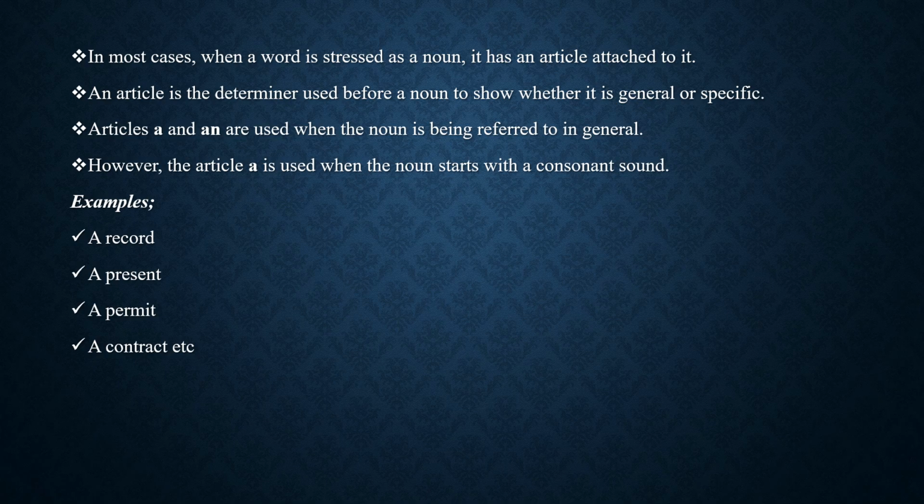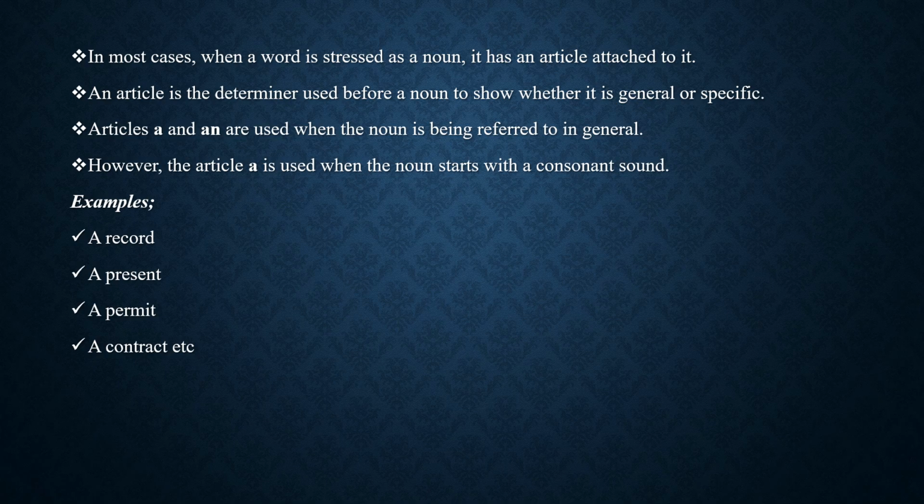So in our previous lesson, we agreed that a word that has two syllables can be stressed to become either a noun or a verb depending on the syllable that is stressed. We also agreed that when the first syllable of the word is stressed, we form a noun, and when the second syllable of the word is stressed, we form a verb. So we want to narrow down and note that